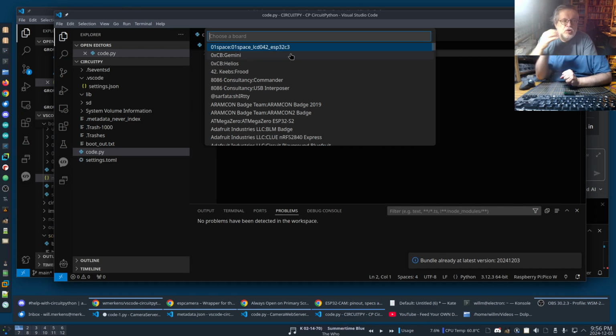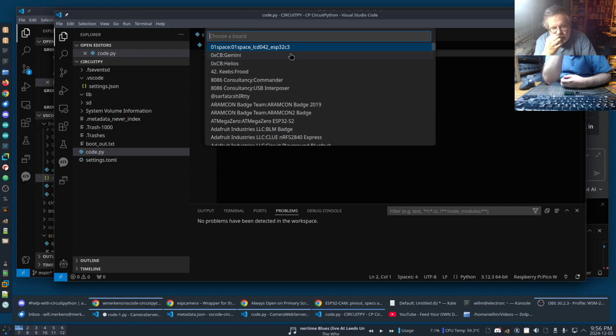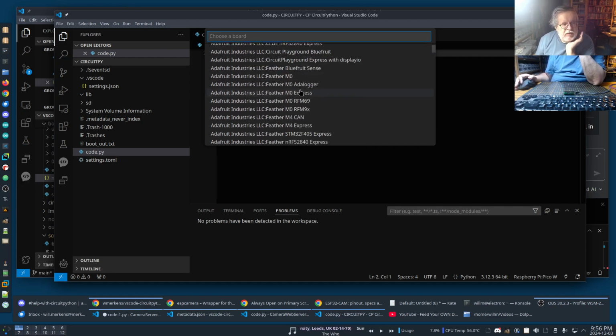It has to do with a file in the CircuitPython called the MK file. It defines a bunch of parameters for it, like what is the USB VID, what is the USB PID, what is the manufacturer, what is the model, that sort of thing. And this is a sign that someone put something weird in it. Okay? Now, but the list overall,